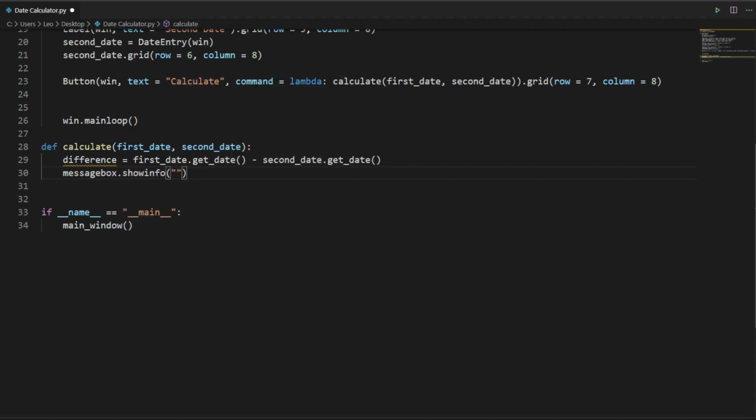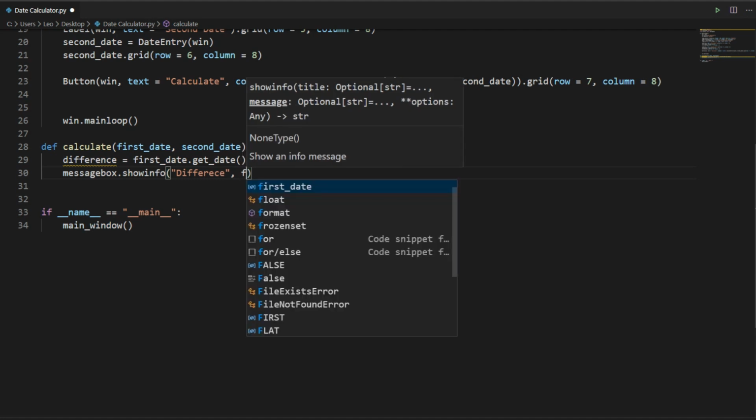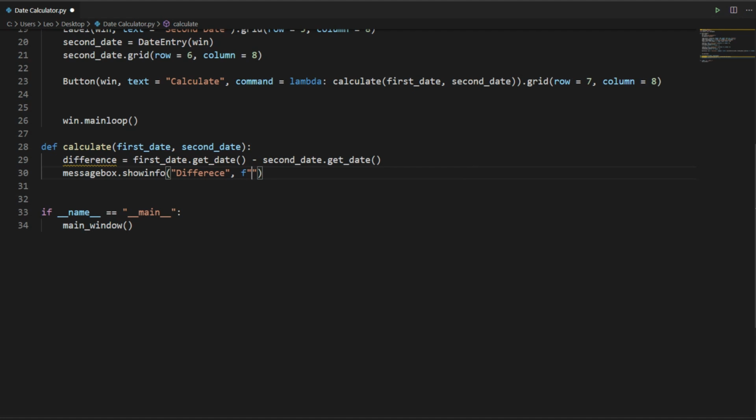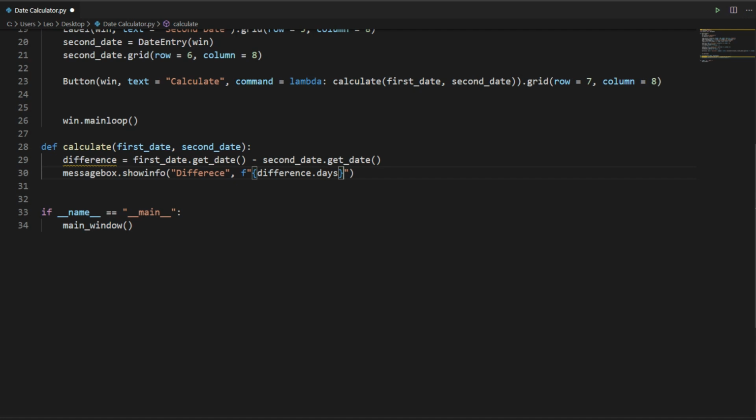You can give this information dialog box some title. I'll give this the title difference. Then we can pass some string information that we want to show. I'm using an f-string to pass this information. You can use difference dot days, since we want to show the difference in days remaining.